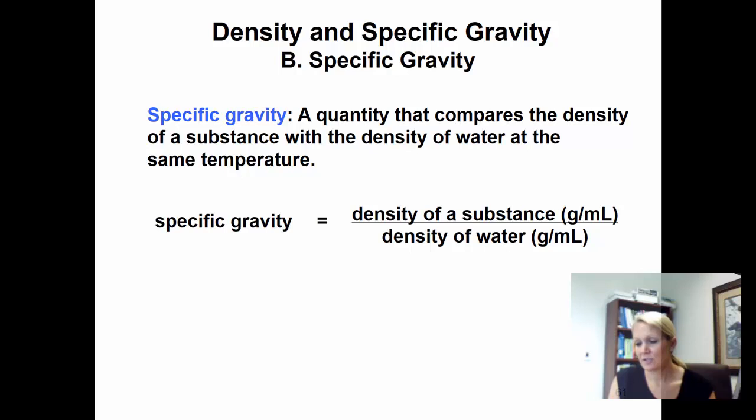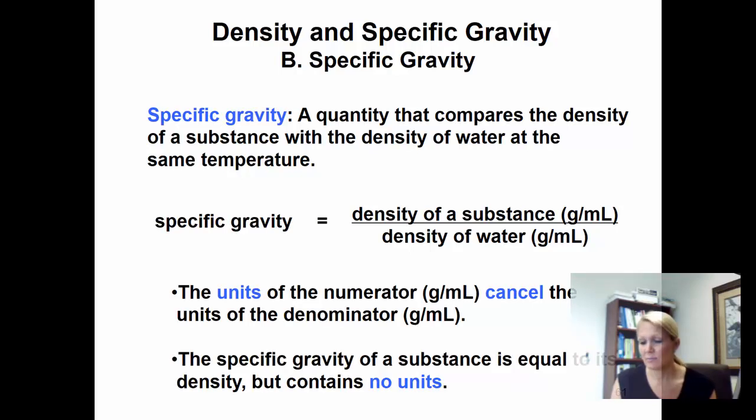All right, another term. Density and specific gravity are two very similar concepts, but they are different. Specific gravity is a quantity that compares the density of a substance with the density of water at the same temperature. So temperature is the main thing here, because typically, and for most of your problems and for most of this beginning chemistry course, the density of water